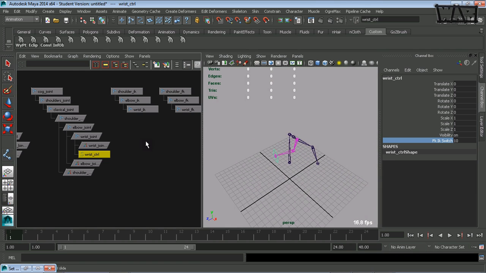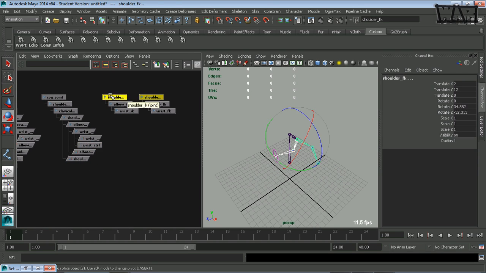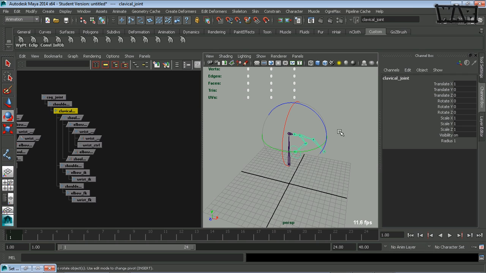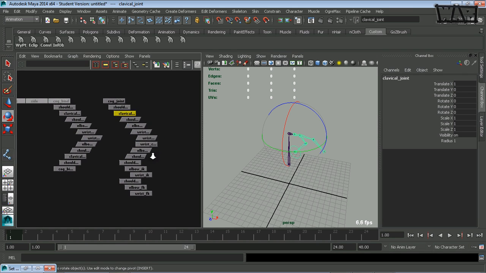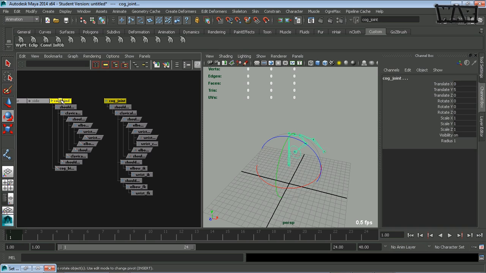Okay, now I told you I'd do a little scene organization. What I like to do is, if I duplicate a joint chain, I like to parent them all to the same node. So I'm going to parent both of these to the clavicle because that's what they belong to. That way if I move the clavicle, all 3 of them are going to move. Now, I want to keep the bind chain separate from this entirely. But I do want them in the same hierarchy. And when I say separate, I mean I don't want them to be